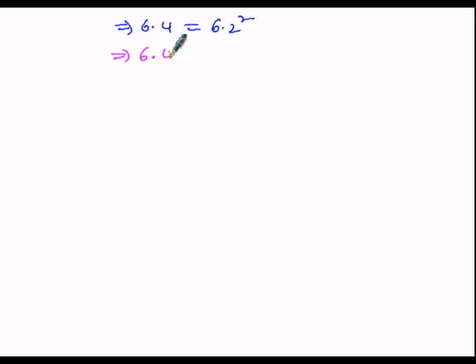Therefore 6 into 4 equals 6 into 2 square. Let us write this as equation number 2, where 2 square is 4, 4 into 6 is 24, which is the true condition. Therefore this is the second equation. Then now in case number 3,